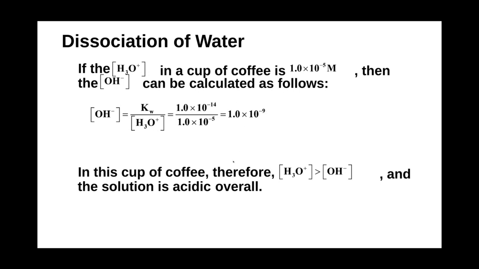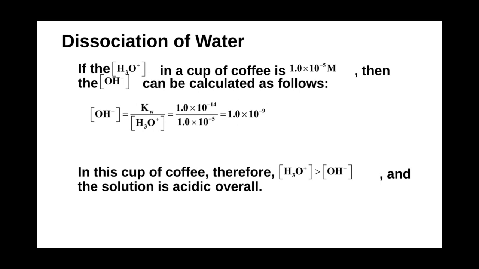In this case, you'll notice that the concentration of hydronium is greater than the concentration of hydroxide. Our hydronium is 10 to the minus 5. This is 10 to the minus 9, right? Minus 5 is bigger than minus 9, because as you increase your exponent negatively, the number becomes smaller and smaller. This is a 0 followed by the decimal place followed by 9 zeros, and this is the decimal place followed by 5 zeros. So this is much bigger than this. Conceptually, this is larger in concentration than this.